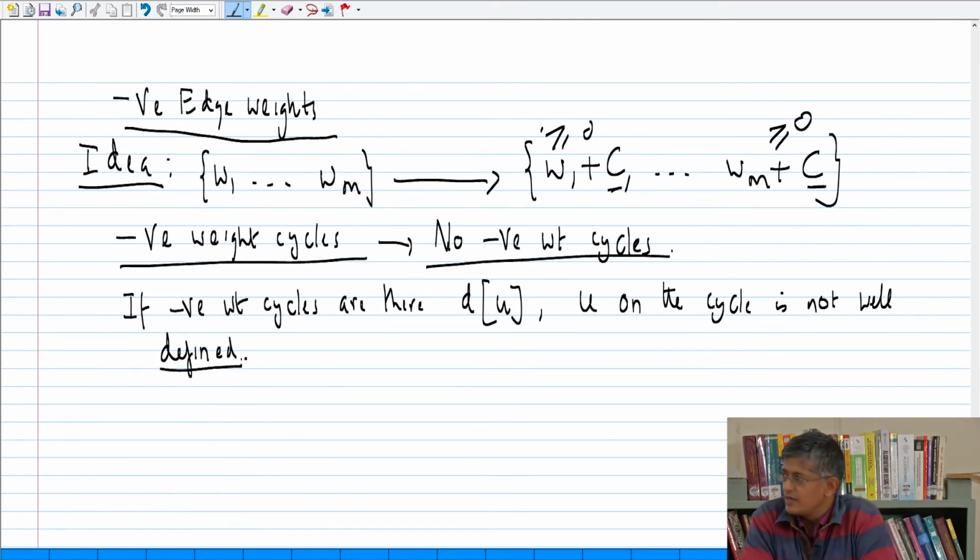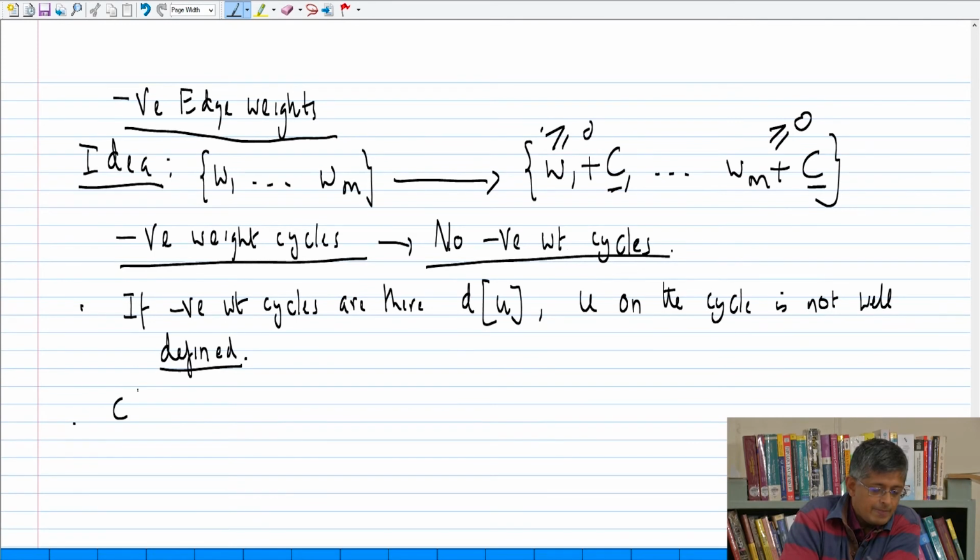It is not well defined. Therefore, it does not make sense to even talk about the shortest path via Dijkstra's single source shortest path algorithm. So, what if the graph does not have negative weight cycles? I claim that the algorithm still works. So, claim